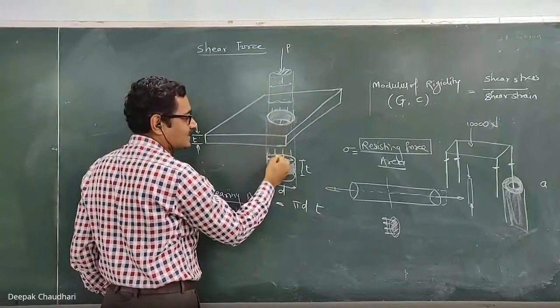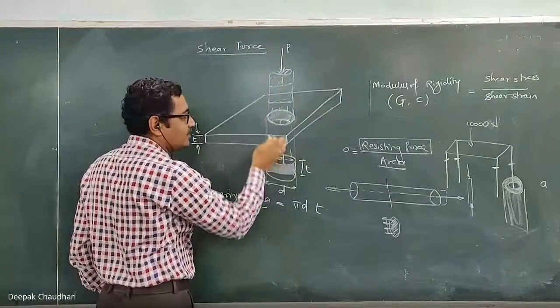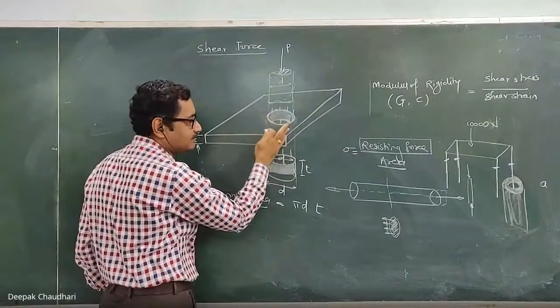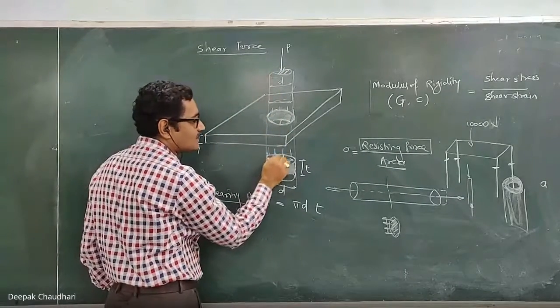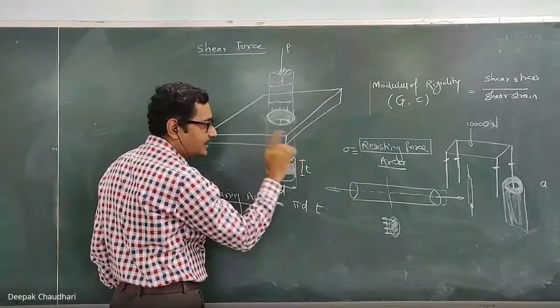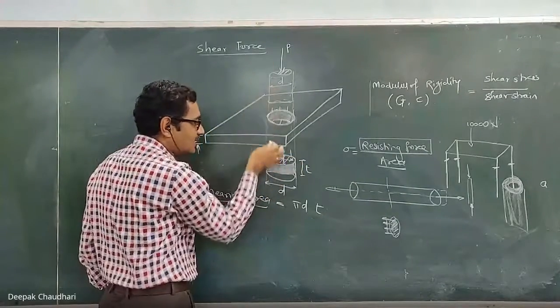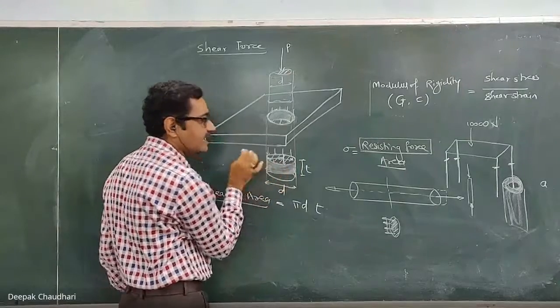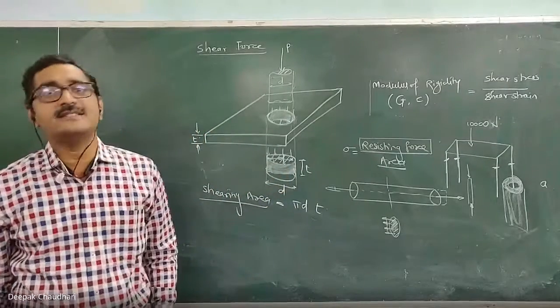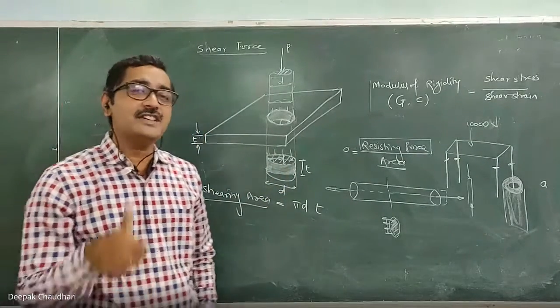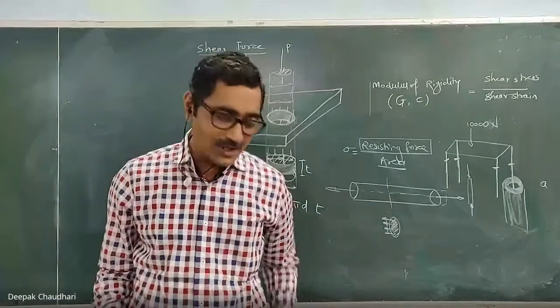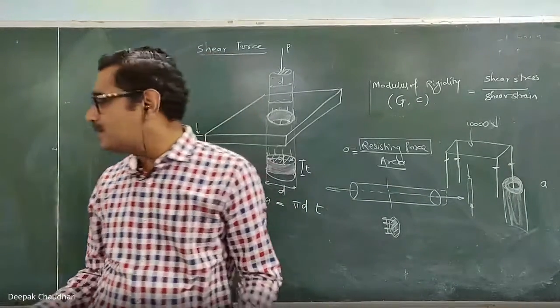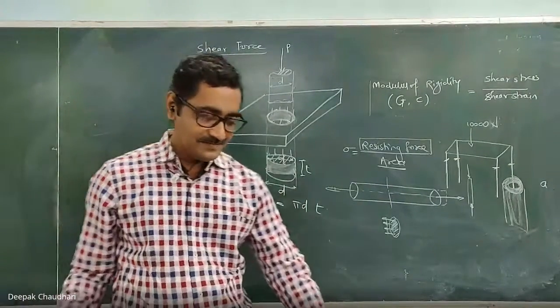Here it is not the cross-sectional area. The force applied for shearing failure, this cross-sectional area is not the resisting area. Here for shearing failure, or for considering it as a shearing force, this surface area is the resisting area. It is the area which resists the given force. Here that is known as the resisting area. Okay, I hope that it is clear.